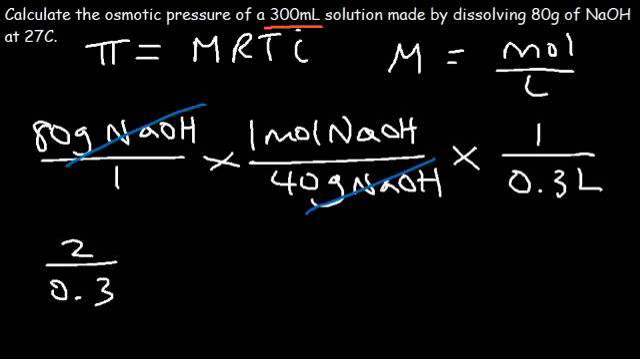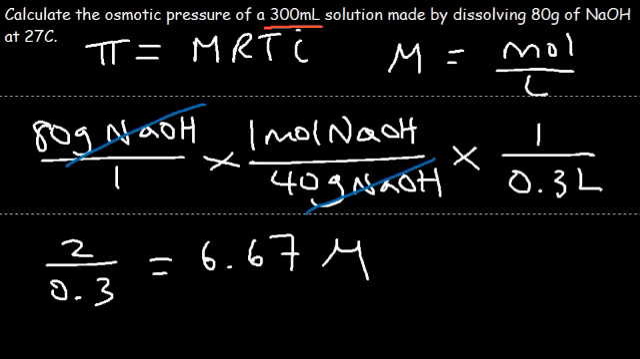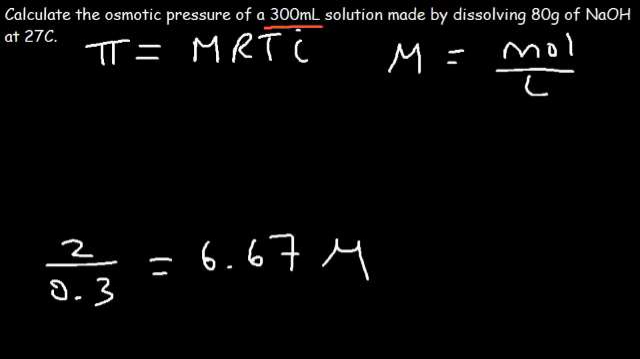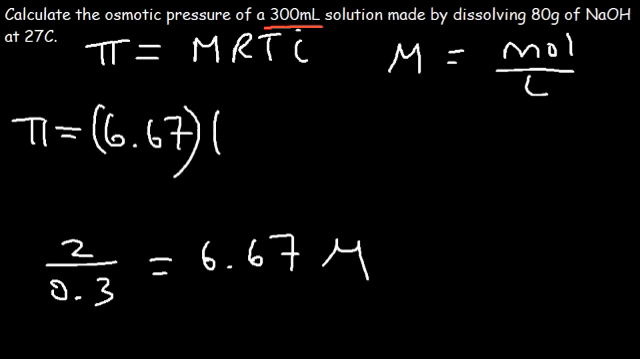Two divided by 0.3, it's about 6.67. So that's the molarity of the solution. Now that we have the molarity of the solution, let's calculate the osmotic pressure. So it's going to be the molarity, which is 6.67, times R, which is the gas constant,